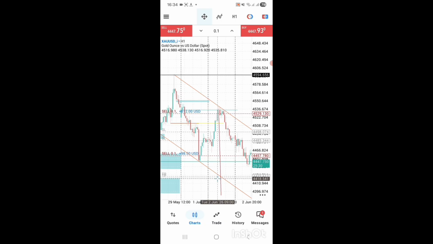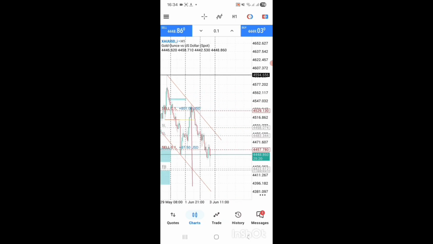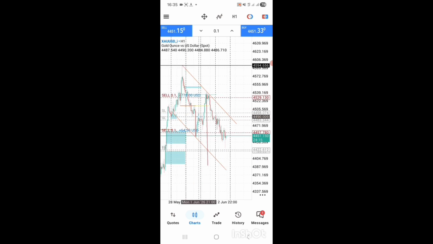I come back because to me this structure here that was formed here is not yet done. Price needs to come up and then it needs to buy all the way up. Okay? However, after structure was broken here, gold came, took structure. However, what I'm missing here is this step. I'm missing this.